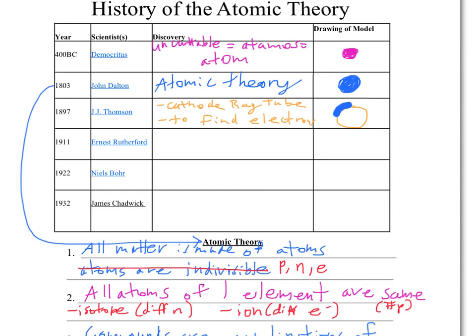So he took Dalton's idea of an atom and discovered that there's something negative in it. His model is often called the plum pudding model because he just thought these negatives were randomly dispersed in a positive field. He knew overall it must be neutral. Ernest Rutherford is the one who actually figured out what this positive field would be. Ernest Rutherford used gold foil